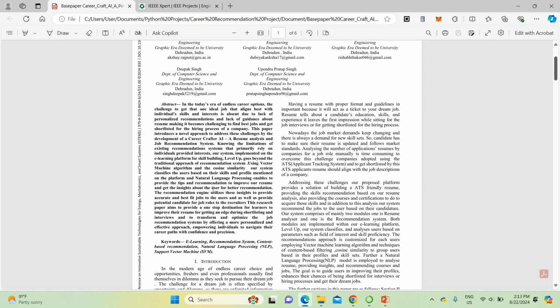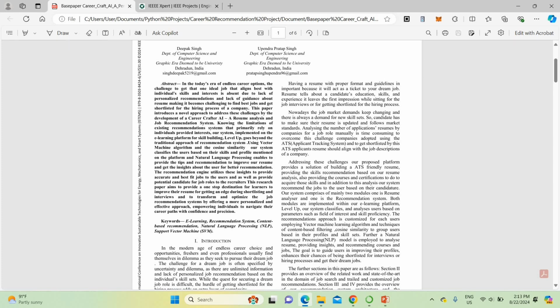In the base paper, this is the existing system, they have used the support vector machine algorithm. In our proposed system, instead of support vector machine, we are going to use the random forest algorithm. The support vector machine accuracy was around 85 to 87. But in our proposed system, as an enhancement, we apply the random forest algorithm with additional features, so it will give an accuracy of around 97%. That is the enhancement we are going to do.